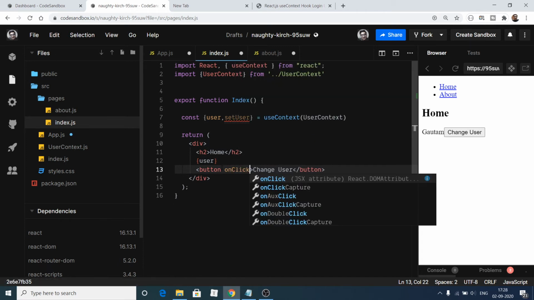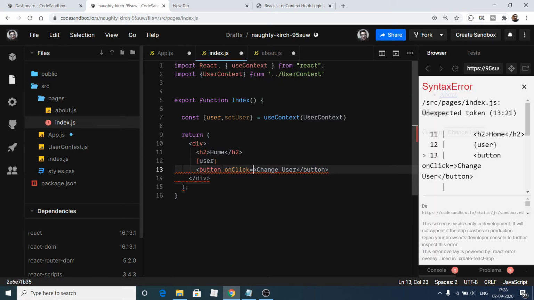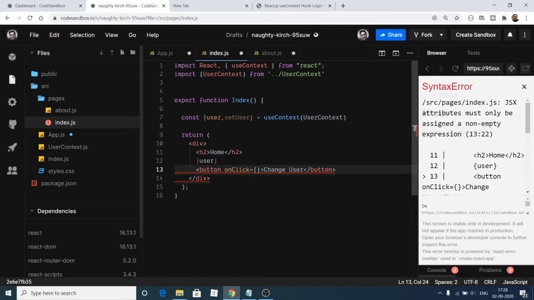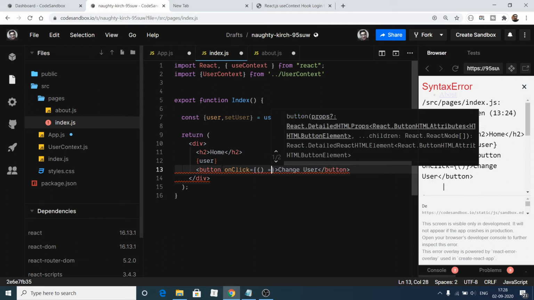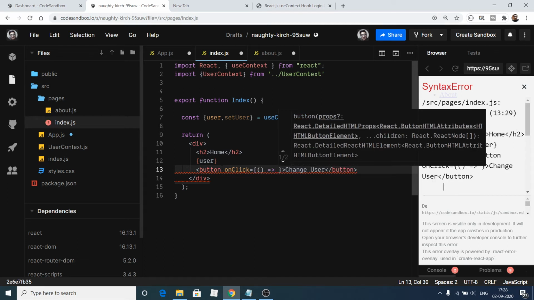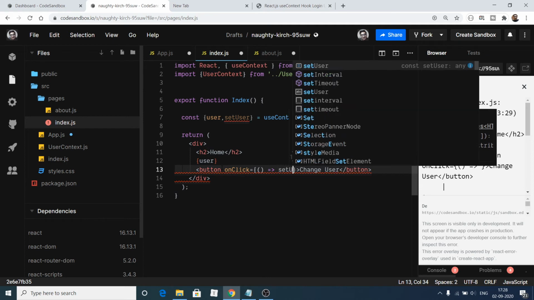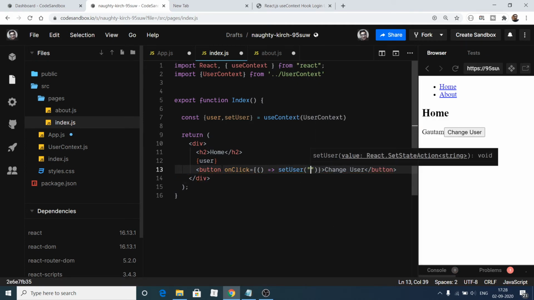So when we click this button, we will attach a function here which will automatically change the user for us. So this will be an inline function, and we will call the set user hook method, and here we can pass John, let's suppose, that's it.